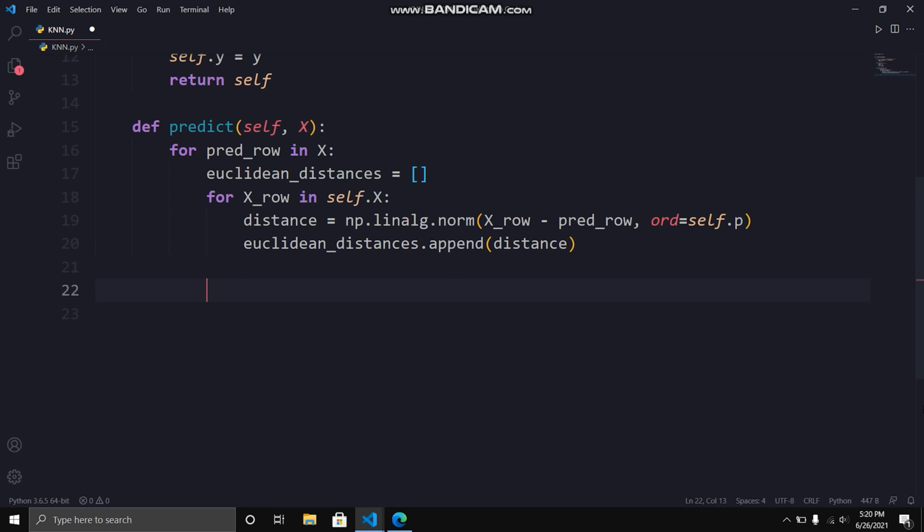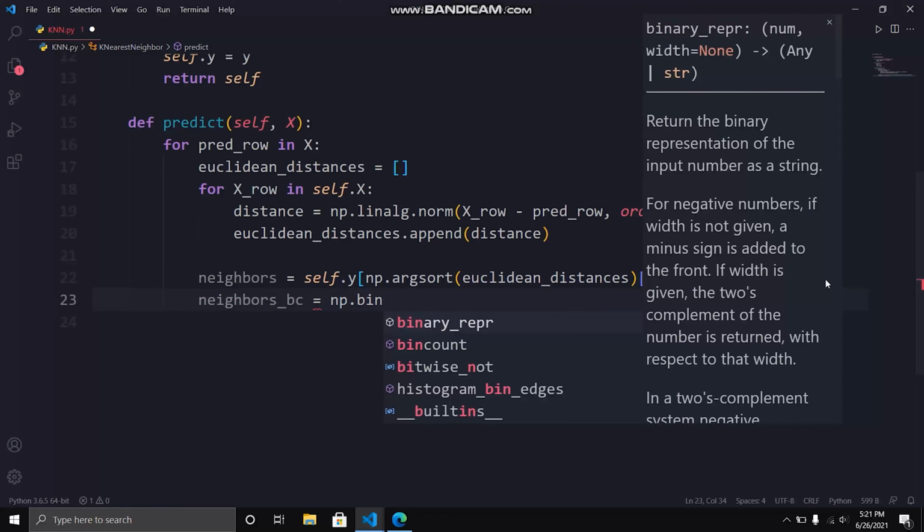Now that list contains all the distances, but we have to pick the n nearest points. First, we will sort that list. Sorting will rearrange the values in ascending order, but we are using argsort. Argsort sorts the values and then returns the indices of the sorted array. Here we have this array, and if we apply numpy.argsort, it will return the indices of the sorted array. The smallest number is 10, which is at index 1, which is the value of the first element of the output array, and then we can use simple Python slicing to keep, for example, the first 5 values. If you set n neighbors to 10, then it will keep the first 10 nearest neighbors.